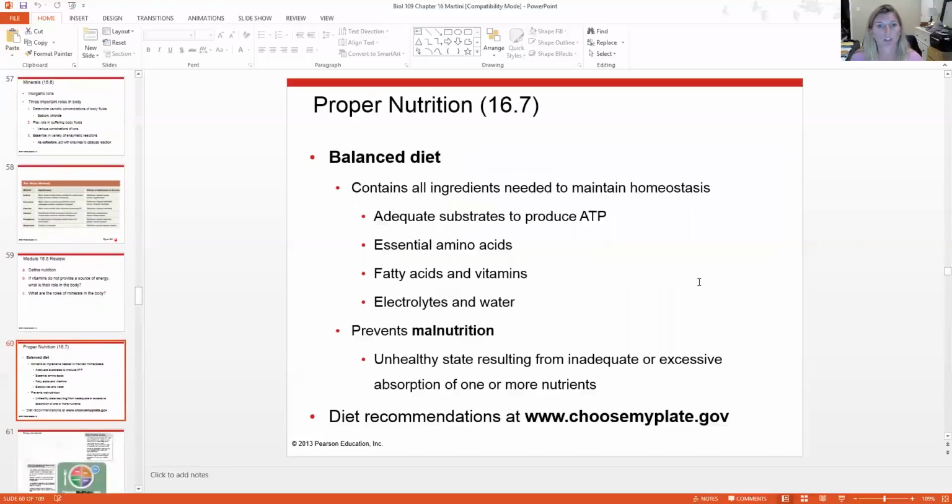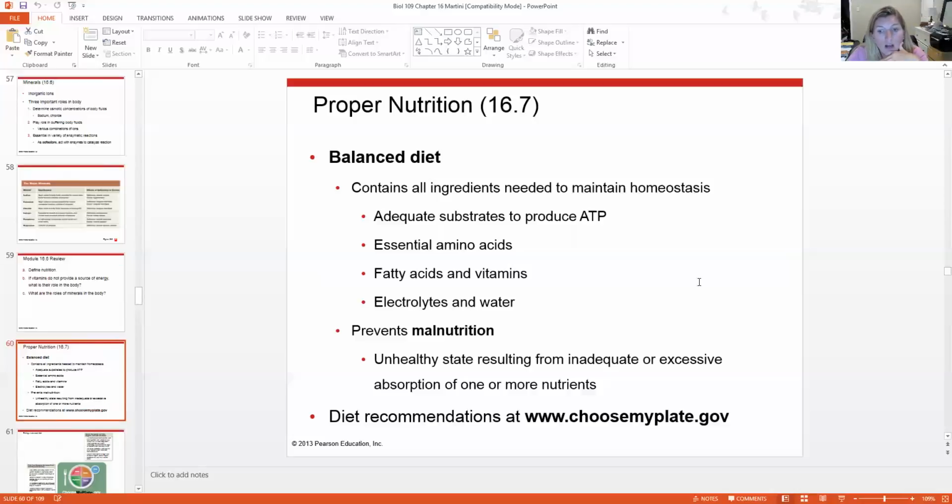Let's talk about proper nutrition. A balanced diet contains all ingredients that's needed to maintain homeostasis. If you have adequate substrates to produce ATP, all your essential amino acids, all your essential fatty acids, vitamins, electrolytes, and water, that would be a balanced diet. It also helps to prevent malnutrition, which is an unhealthy state resulting from inadequate or excessive absorption of one or